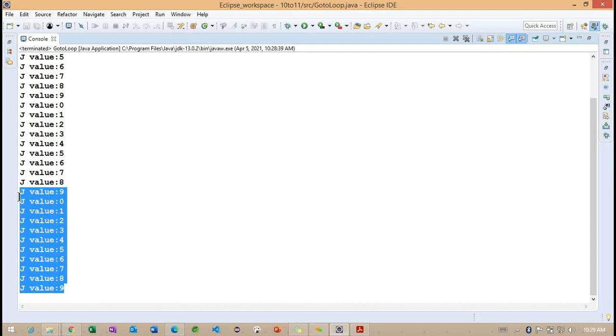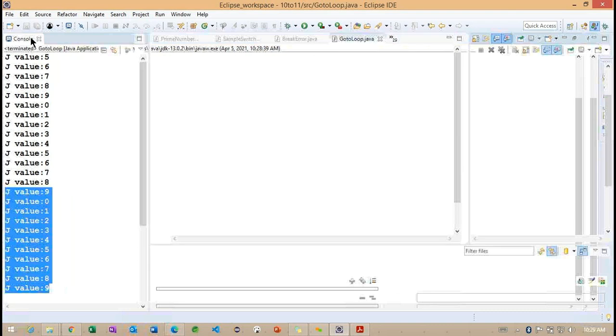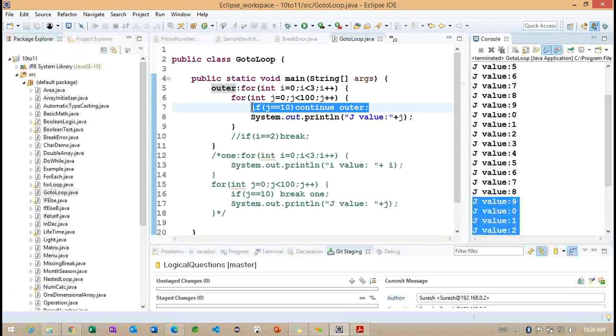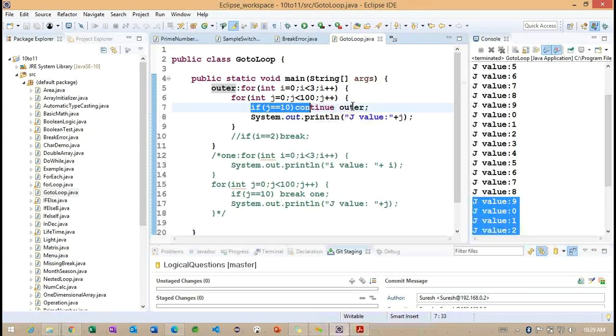Whenever we work with the break statement, it terminates both the loops here. Right. But whenever we work with the continue, what is happening here? Whenever we use this statement with the continue, all the remaining iterations are terminated when this j variable condition is satisfied.